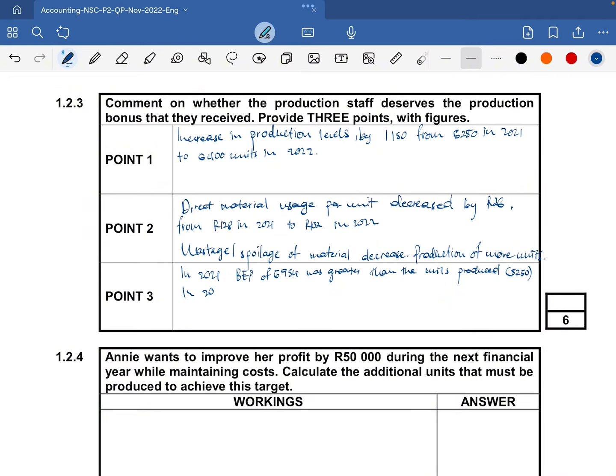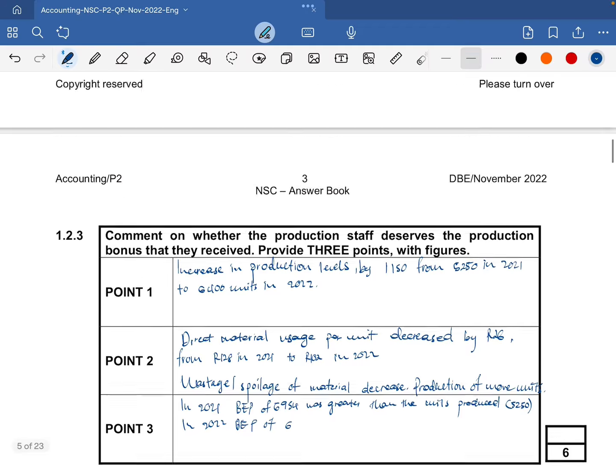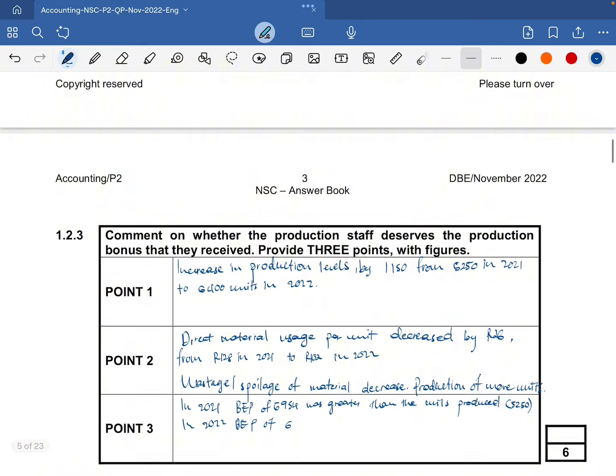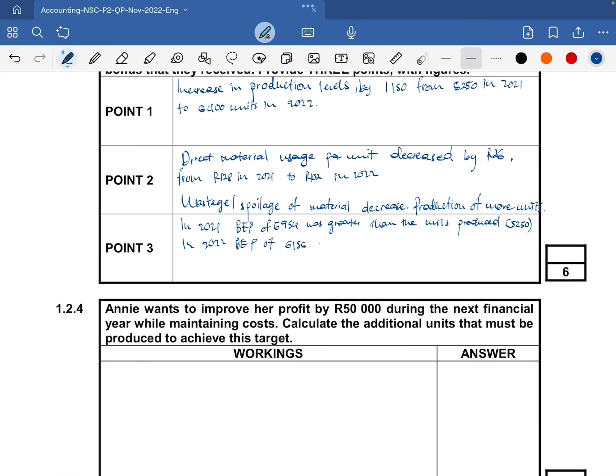Then in 2022, the BEP was 6,156. So 6,156 is less than the units produced, which is 6,400. So in 2021 we made a loss, but make sure you don't write in shorthand. Make sure that this is always in full sentences. Here we made a profit,